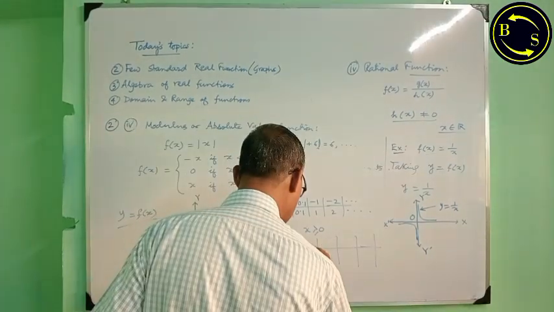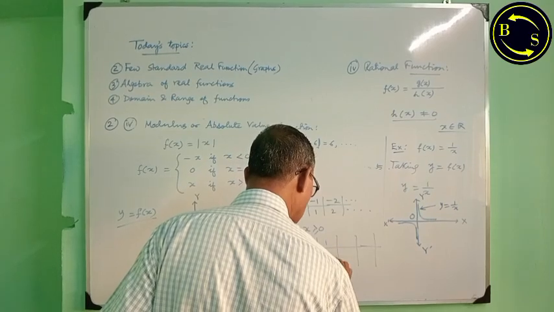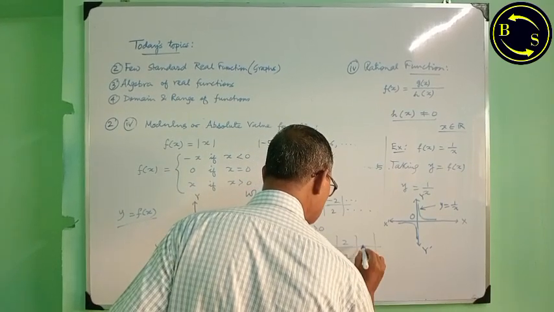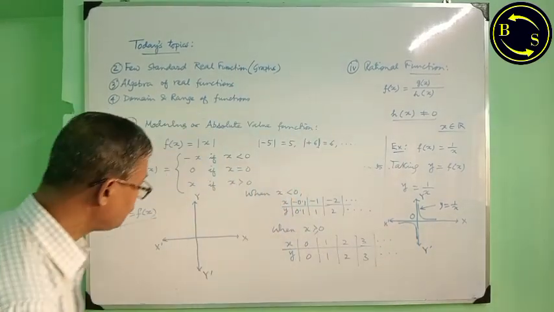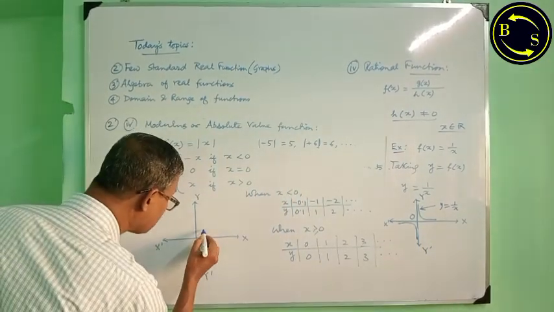Then for 0 it is 0, 1, 1, 2, 2, 3, 3, etc. Now if we plot